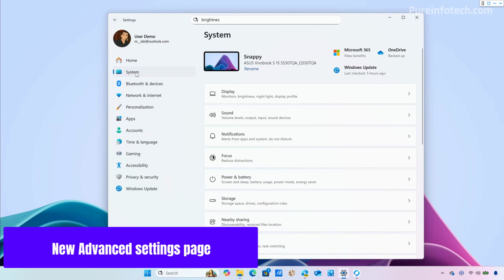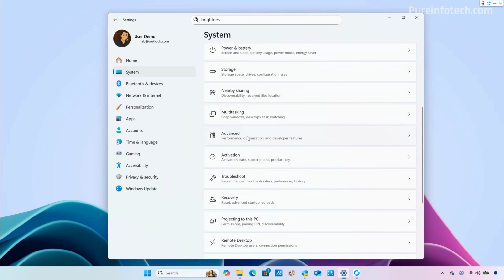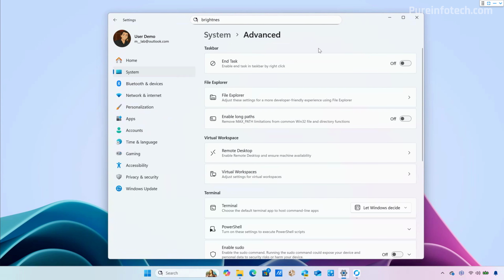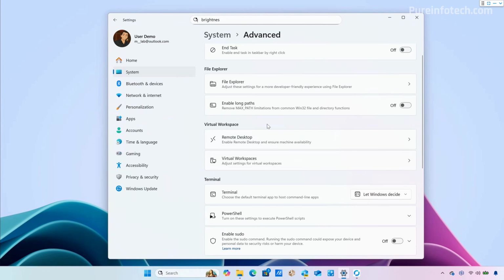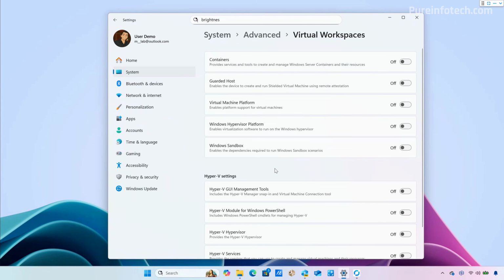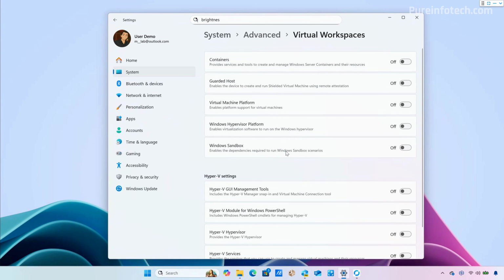And finally, in this release, Microsoft updated the System section and added an Advanced page. Well, basically, this is a replacement for the For Developers page, and all the settings that were on that page are now available on this page. And you have also new features, including the ability to enable long path, and also we have virtual workspaces. And from here, you can control different features about virtualization, including the ability to enable the hypervisor, Windows Sandbox, and